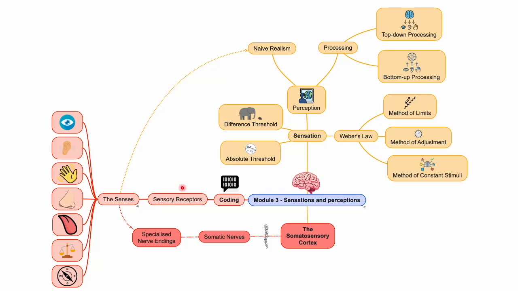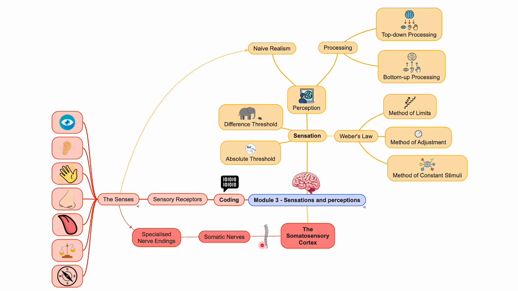The olfactory and gustatory senses are the only 2 senses that have a direct relationship with the chemical properties of the substances being sensed. The somatosensory cortex area of the brain, located between the frontal and parietal lobes, processes touch, temperature and pain signals from the specialised nerve ending, supporting the body's ability to react quickly to danger. The body's response is hastened by the signals from the specialised nerve endings travelling directly to the spinal cord via